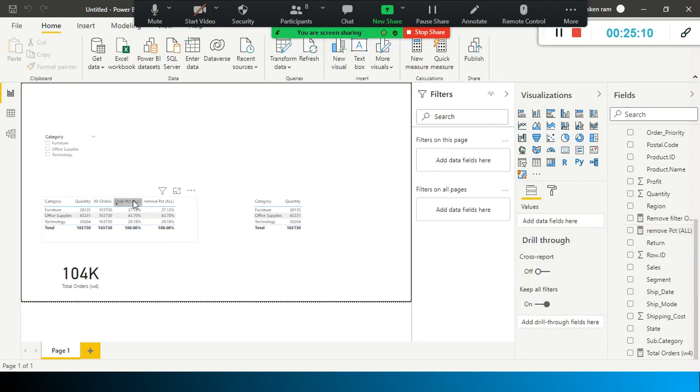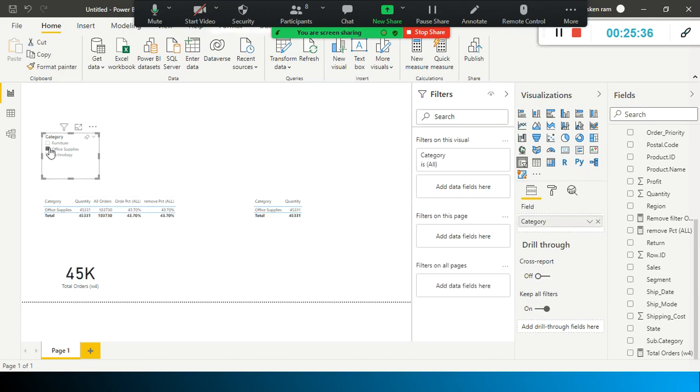Look here. If you look at the order percentage all, because we applied the ALL function using the CALCULATE function to disregard the filters, including row, column and external filter. Here we have used another function called REMOVEFILTERS. REMOVEFILTERS is also the same as your ALL function. Look here, if I select this one, this one remains the same, the percentage total.